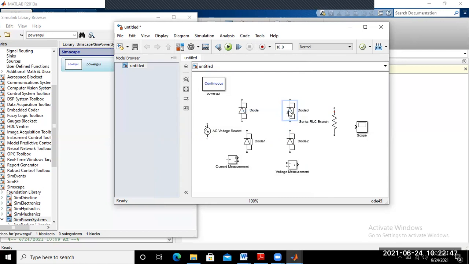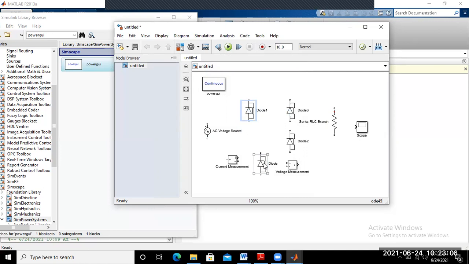If you want numbering of these diodes, the upper part of the diodes is numbered as 1 and 3, and the lower part is your 2 and 4. So this may be placed here and this may be placed here.